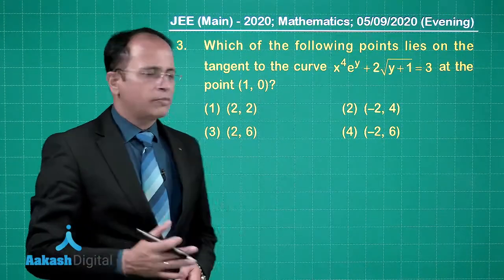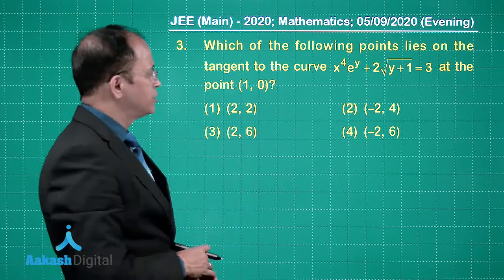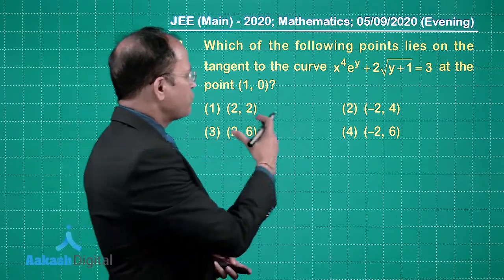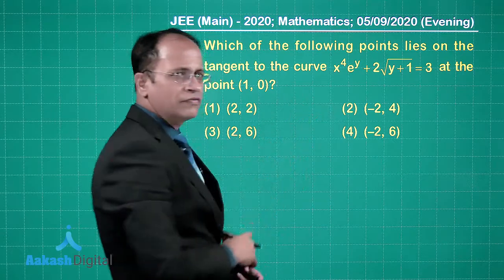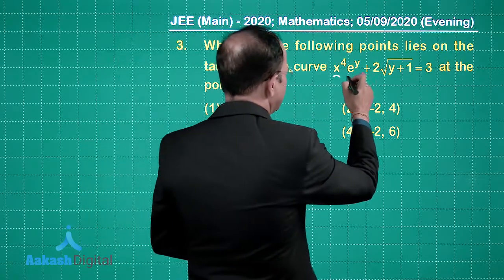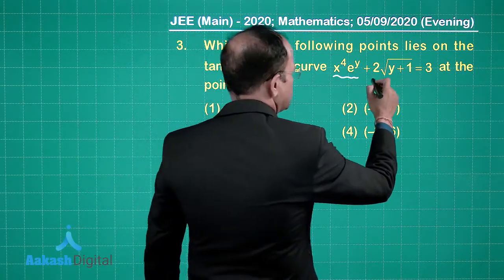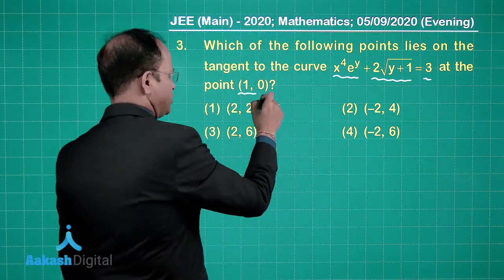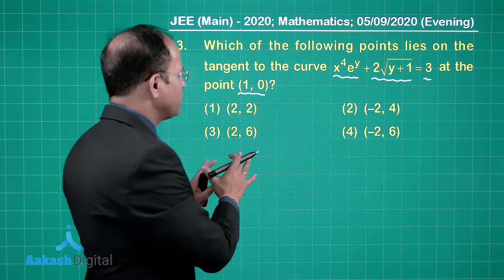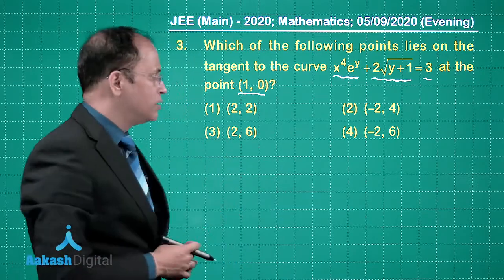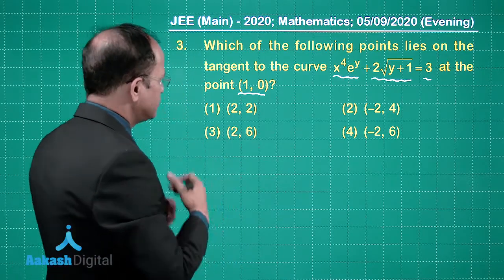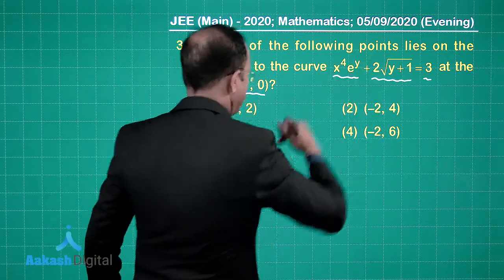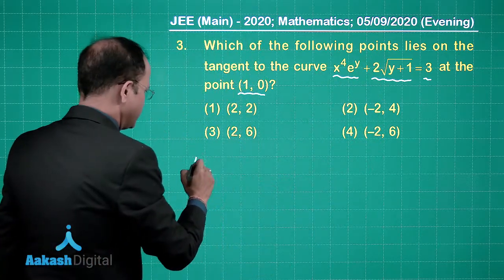Now friends, let's talk about question number 3. Question states: which of the following points lies on the tangent to the curve x to the power 4 into e to the power y plus 2 under root y plus 1 is equal to 3 at the point 1 comma 0, right? It's a problem based on the tangent normal, and the differentiation of this expression is needed, right? So that means what we can do,